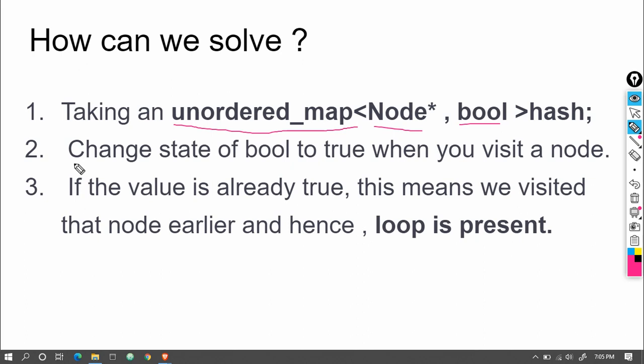The second step is to change the state of the boolean variable to true whenever we visit a node. This will help me check that I have visited this node earlier. The third step is, if the value is already true, this means we visited this node earlier and hence a loop is present. Then we have to delete that loop.